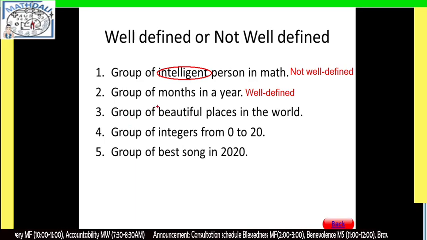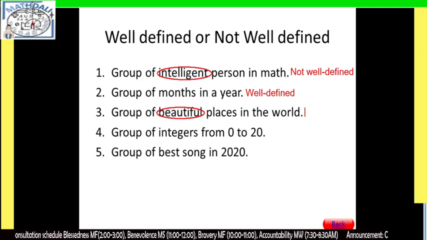Then we have the group of beautiful places. I'm going to encircle this word, beautiful. Marami tayong beautiful places. Pero ang tanong, yung beautiful places ba sa inyo ay beautiful place na sa akin?